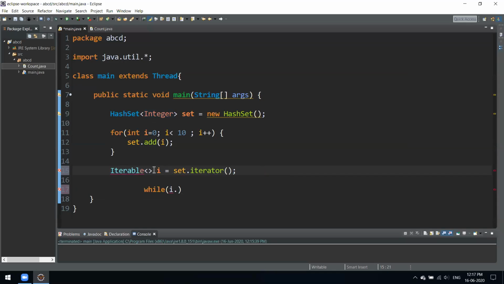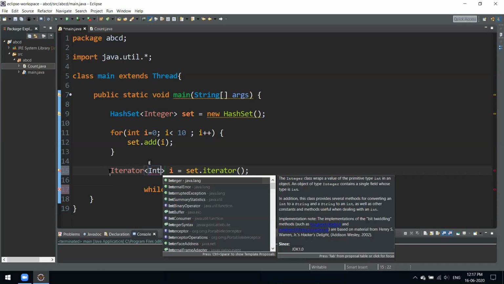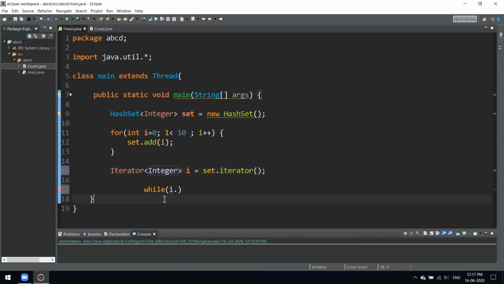Just a minute, we'll fix this error. Oh, sorry. We used the Iterable class over here. We have to use Iterator. You have to be very careful, they look very similar, but they could mess up the whole code. Here we'll specify what we have is Integer. Now it is fine.